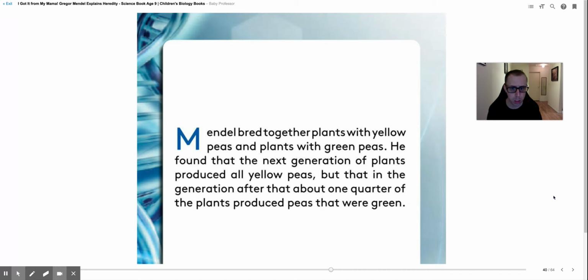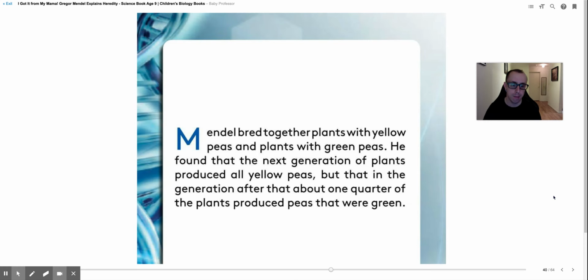The first generation, all yellow plants were grown. Well, actually, the second generation, but then in the third generation, the green plant started to crop up again,